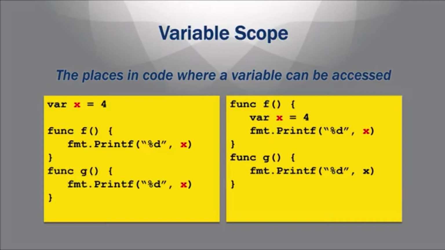So this is the type of problem that needs to be resolved. You don't want to run into this type of problem. You want to be able to know where your variables get resolved to, so that you don't have problems like this. So we're going to talk about variable scoping right now. How does a compiler figure out where a variable reference should be resolved to? Which x are you talking about? Is it this x or is it that x?